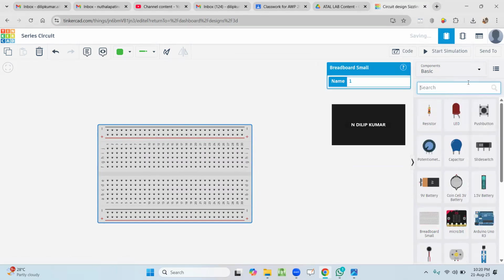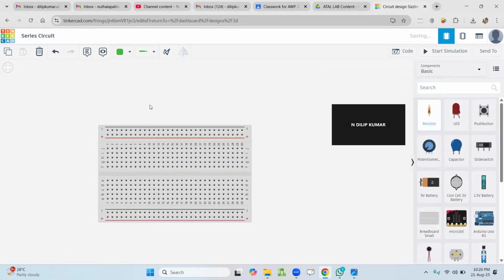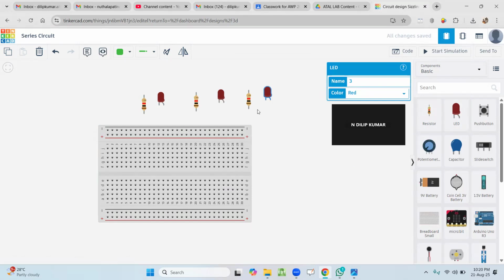Then we require another one, a resistor. Place the component, and the LED, click and place. Similarly, you can place another resistor and LED. As our aim is to form a series circuit with the help of 3 resistors and 3 LEDs. The LED is now placed on screen in the vertical position. For the sake of convenience in connectivity with the help of the breadboard,